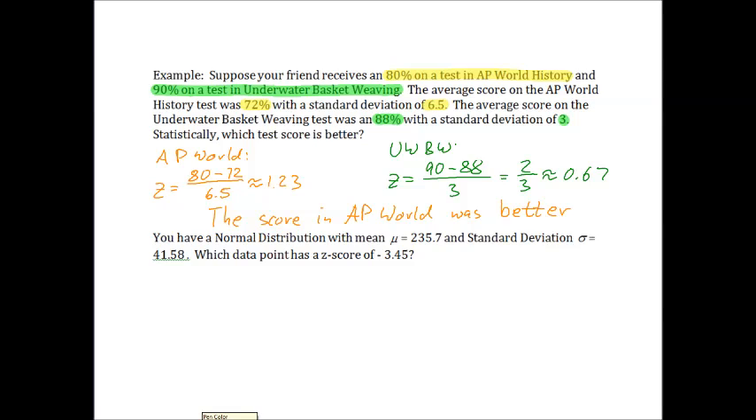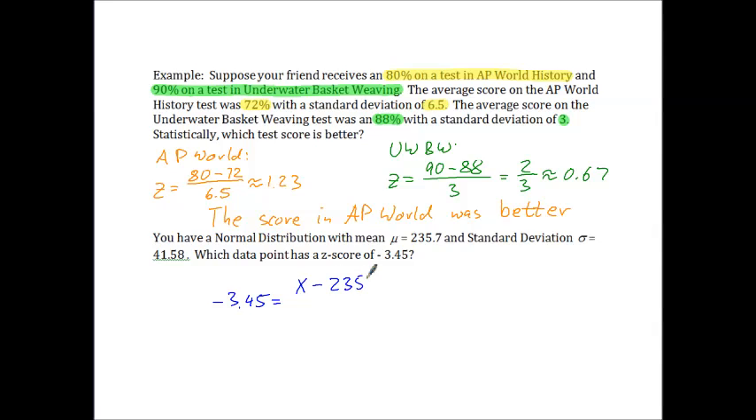You have a normal distribution with a mean mu of 235.7 and a standard deviation of 41.58. Which data point has a z-score of negative 3.45? Here we're supposed to use that same formula, but this time we're not looking for the z-score, we're looking for the data point. So we have to plug in our numbers and then solve our equation for x. Negative 3.45 is our z-score, and that is equal to our data point